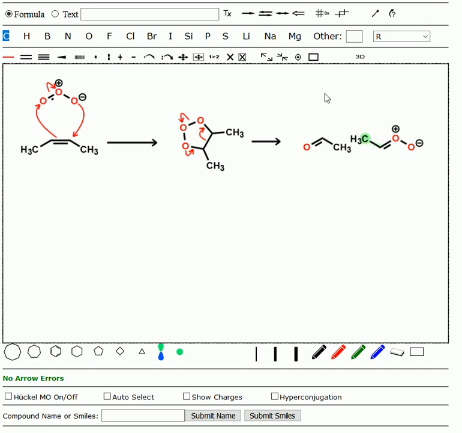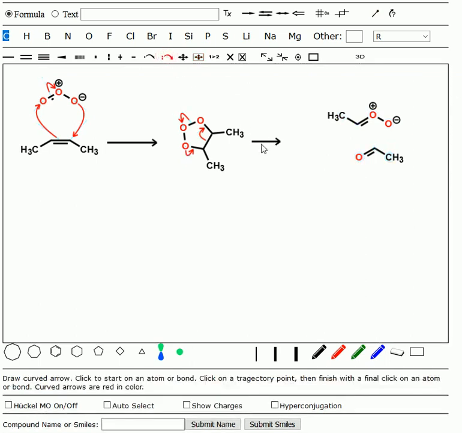Now, this weird-looking species here is obviously very reactive, and indeed it'll turn around and just react with the carbonyl that it just made. But the interesting thing is it does it in a different way. So let me just move these molecules a little bit. Originally this oxygen was bound to this oxygen, but it turns out, of course, that's kind of wrong, because it's much more stable for the oxygen here to attack the positive end of the carbonyl, which is the carbon. And then this carbonyl oxygen can come and attack this carbon, and then this double bond moves over to form that carbonyl. You draw that arrow out,